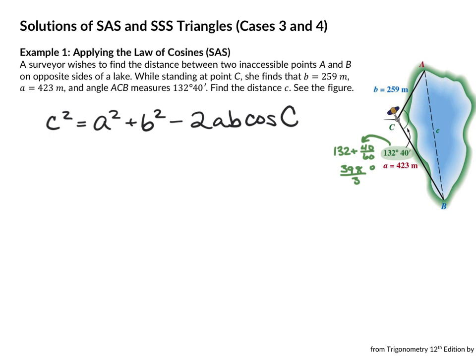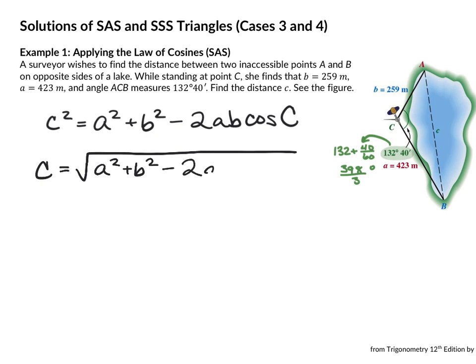If we're looking for c, what do I do over here to get c by itself? Square root. Now, normally when you take a square root, you have to put plus or minus, but we're dealing with distances. Will distance ever be negative? No, so we just need the positive version of this. So this is actually the formula I want to use to figure out that side c. I know every piece of information already in here because I know the side, the included angle, and the side. So if we fill this in,